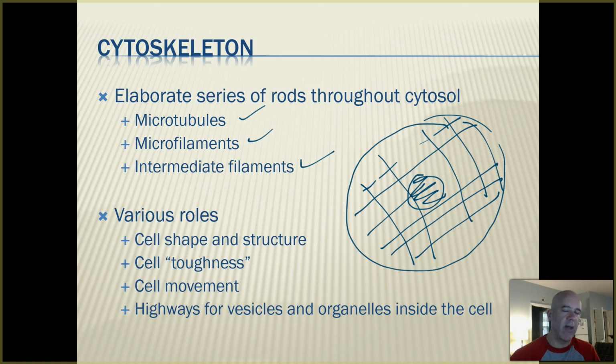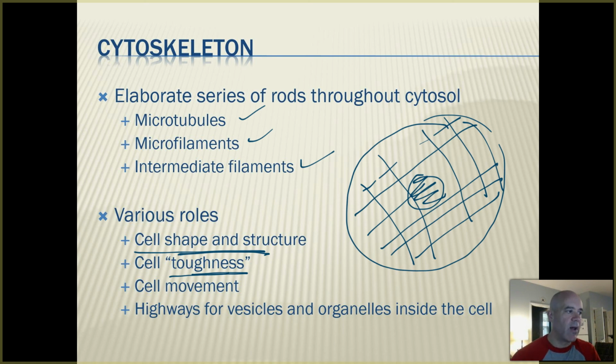Don't even worry about that. I just want you to know that the cytoskeleton is a meshwork of these protein threads or filaments. Filament means thread, and tubes that help provide a cell shape and structure, make it tough so that if it gets compressed, you've got a framework in there, almost like the skeleton of your body in a sense, that's preventing that cell from